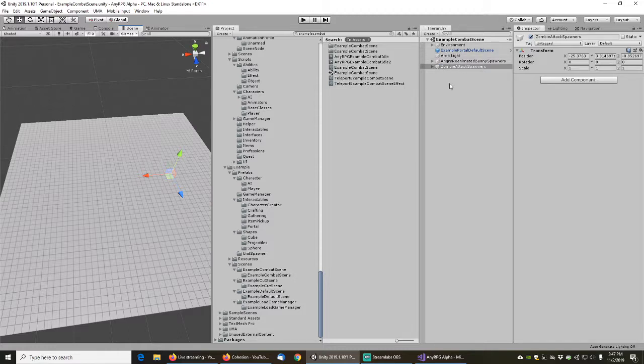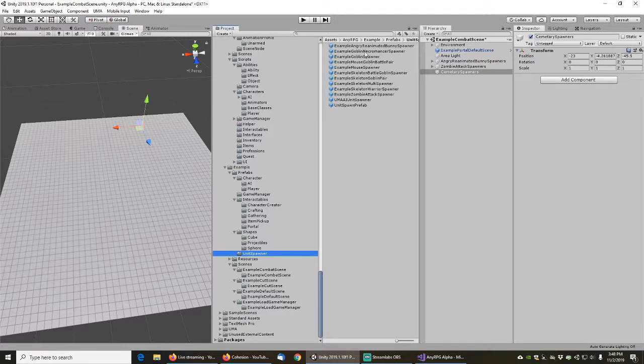So let's create an empty object, and we're going to call it cemetery spawners. The bunny spawners are right here, the zombie spawners are over there, so we can put our cemetery spawners maybe up in this corner here. And then we want to put in some,